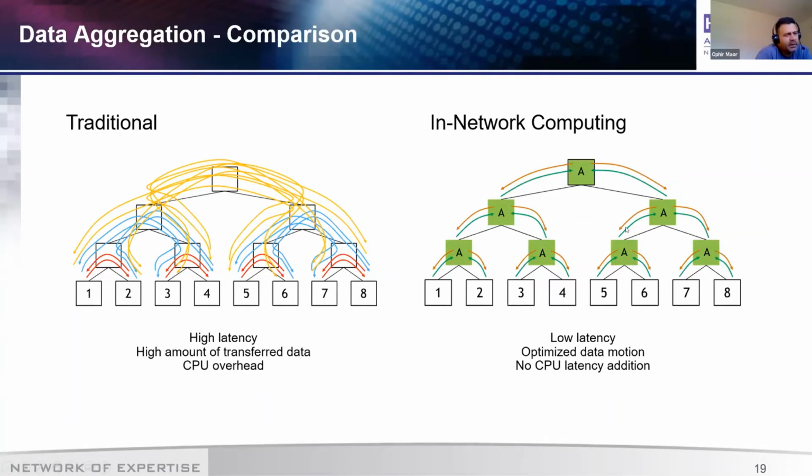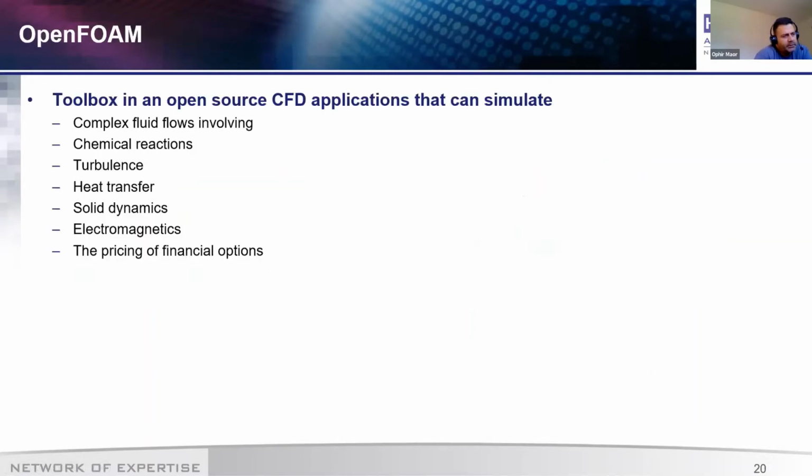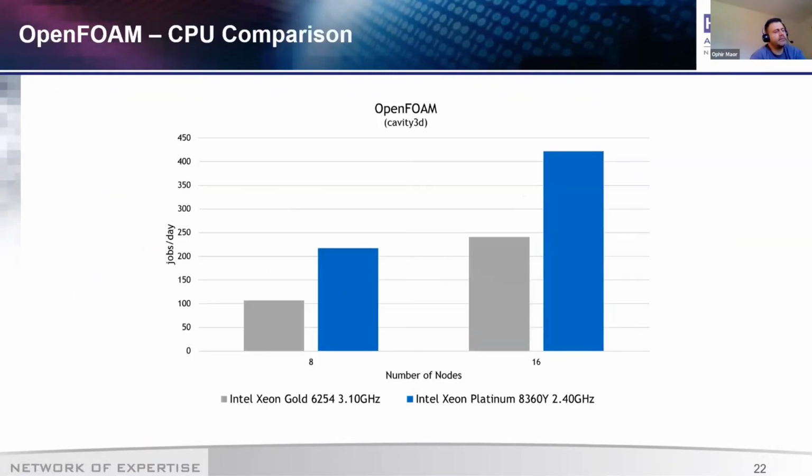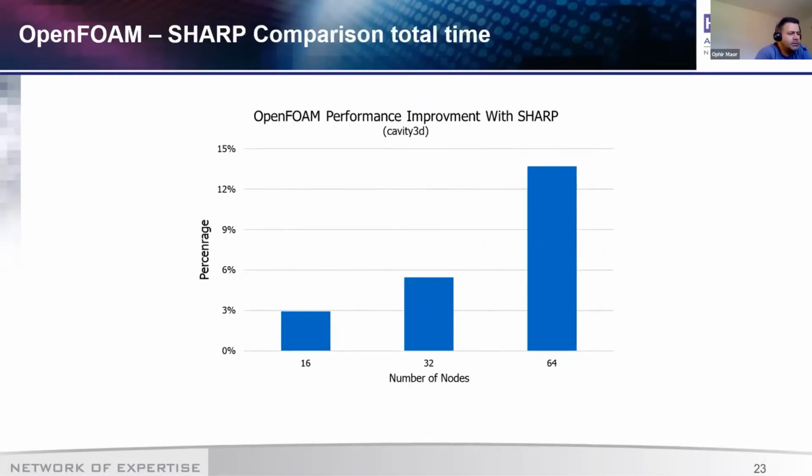Instead of sending it to another node to perform the sum and send it back, you send it to the switch, which performs the operation itself and sends it back, or sends it up to perform the collective sum, like an aggregation tree, up to the root, and the root performs the final sum and sends it back. That's why in this case we gain a lot of important time